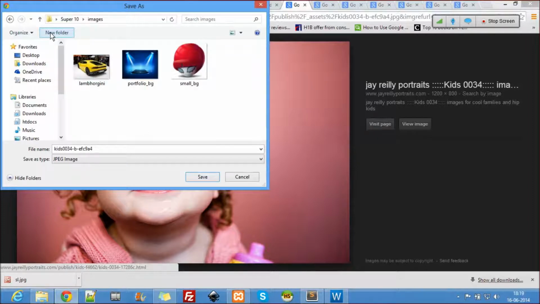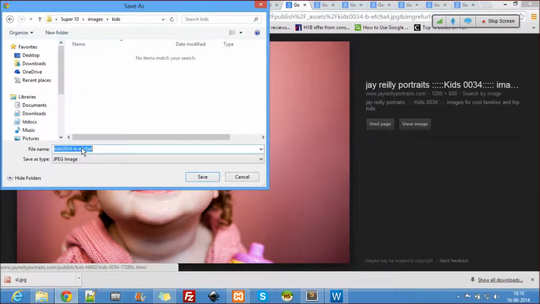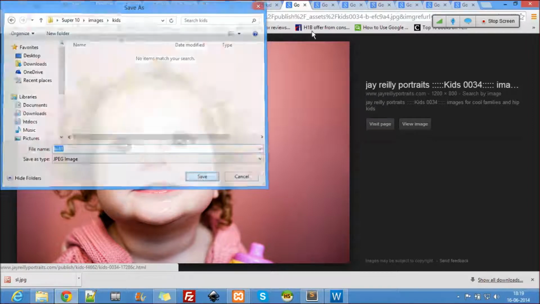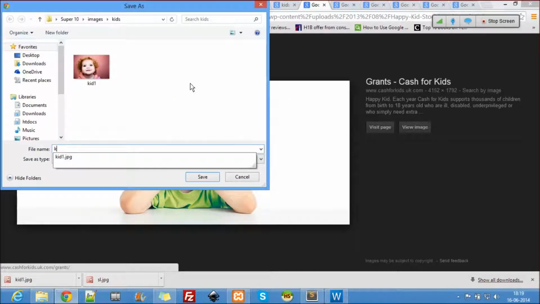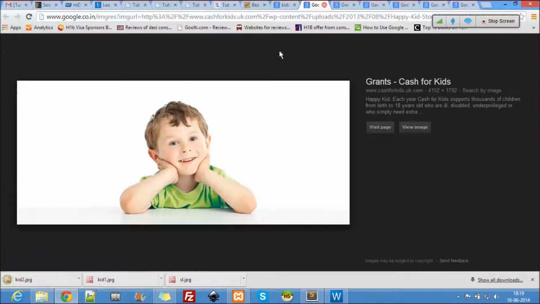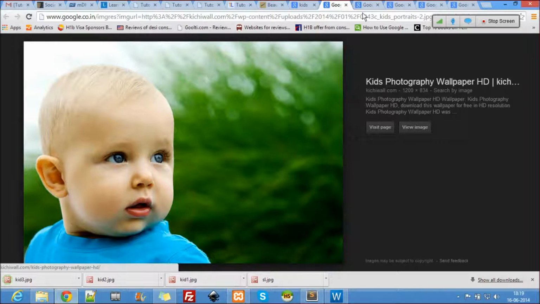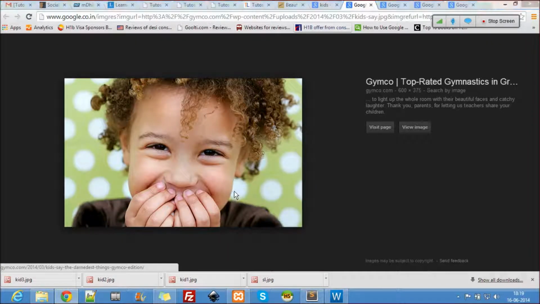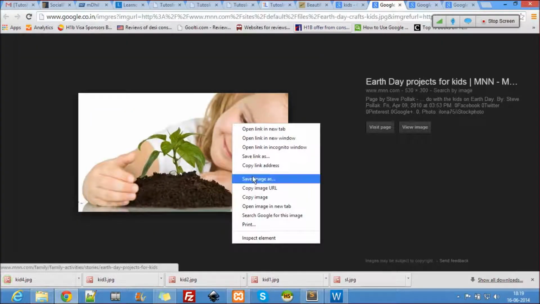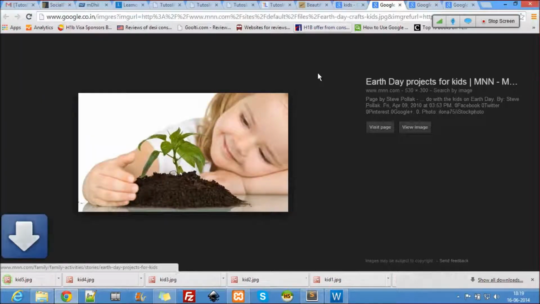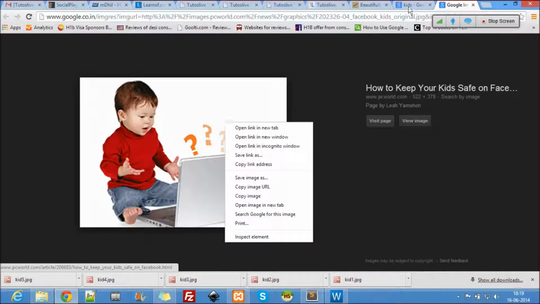Inside images, I'll open a new folder called kids. Kid 1, kid 2, kid 3, kid 4, kid 5. This is not good, and this is not looking good.